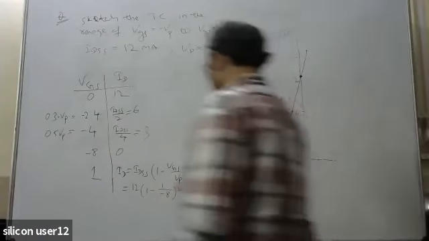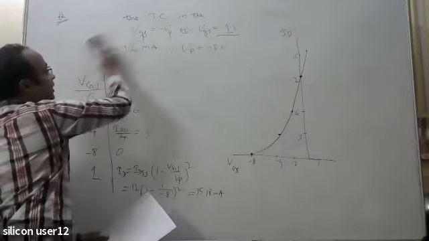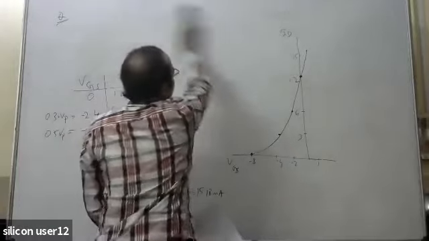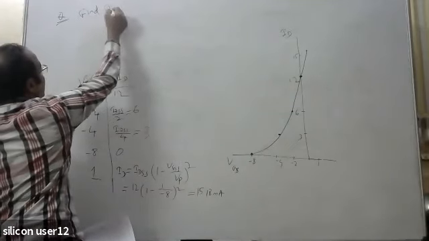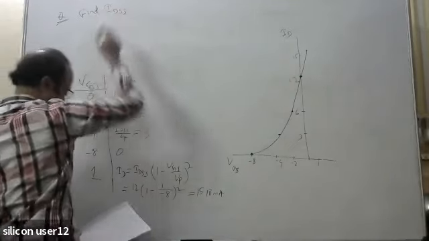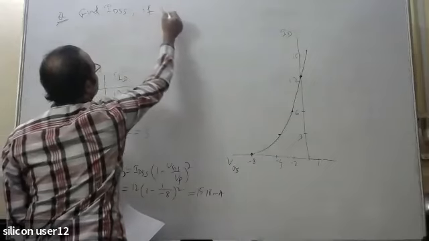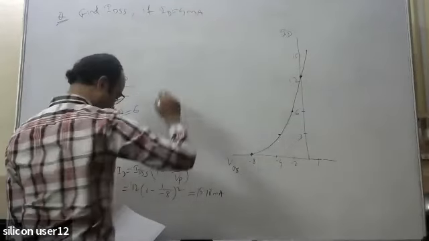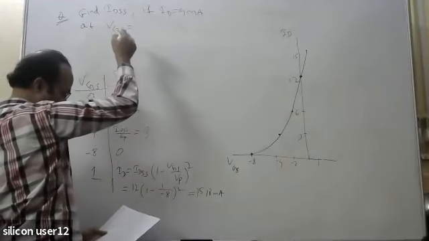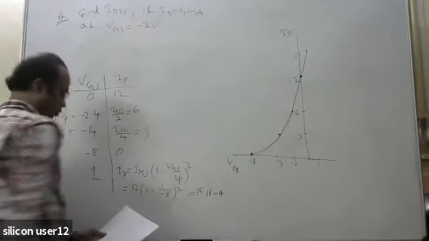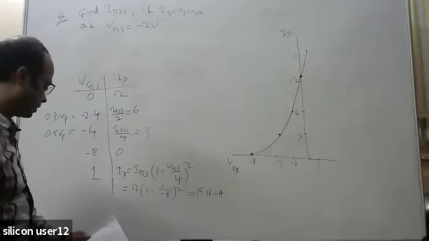Solve another problem. Write down, find the IDSS. Okay, if ID is given as 4 milliampere at VGS equal to -2 volt. So that means basically these two parameters are given and you have to find out how much is your IDSS. Calculate it.